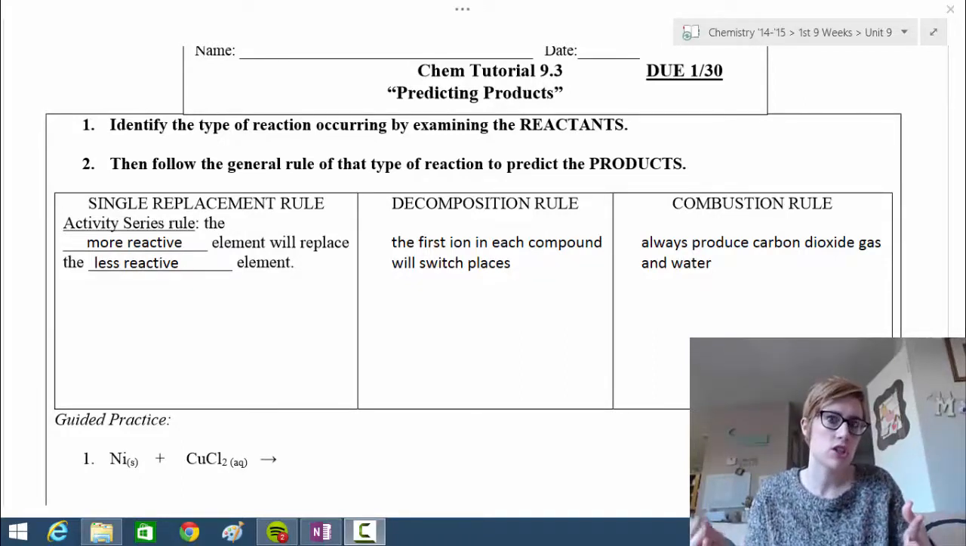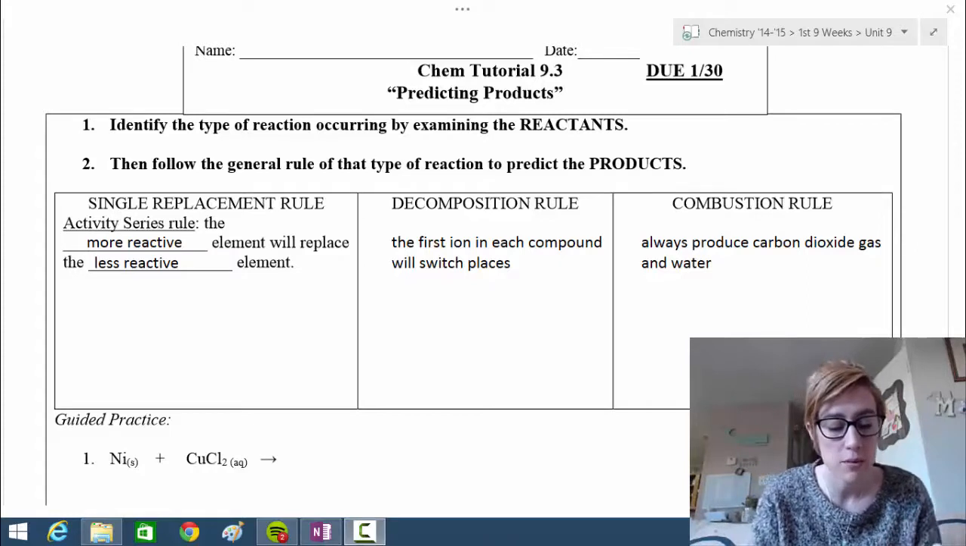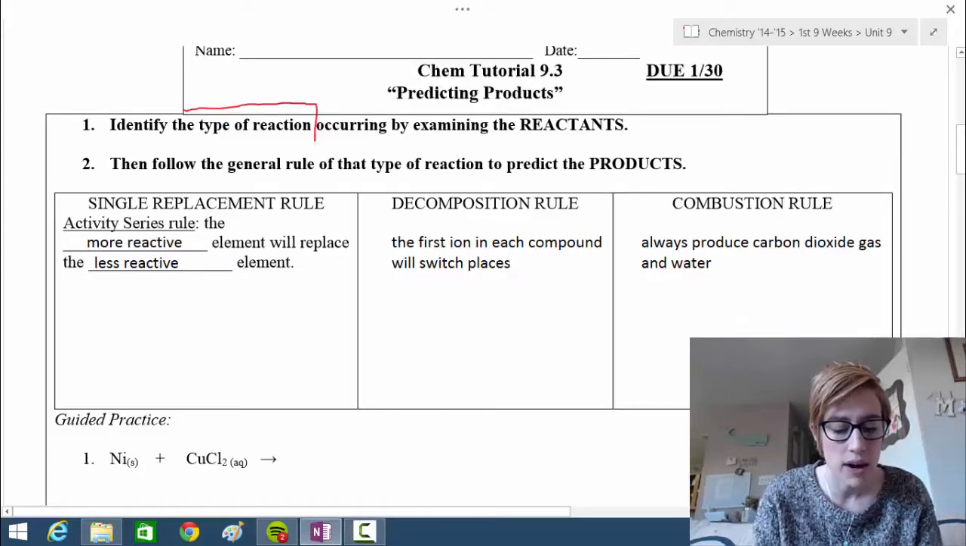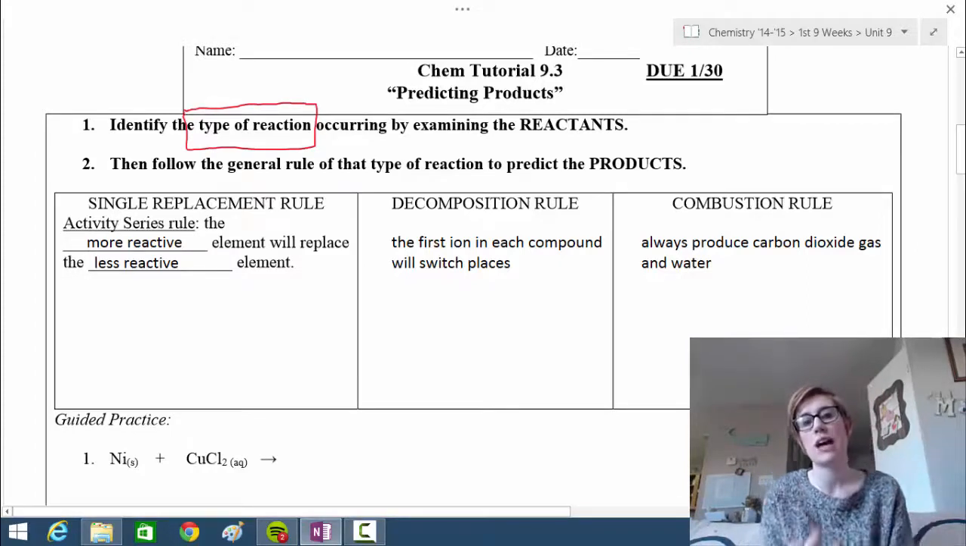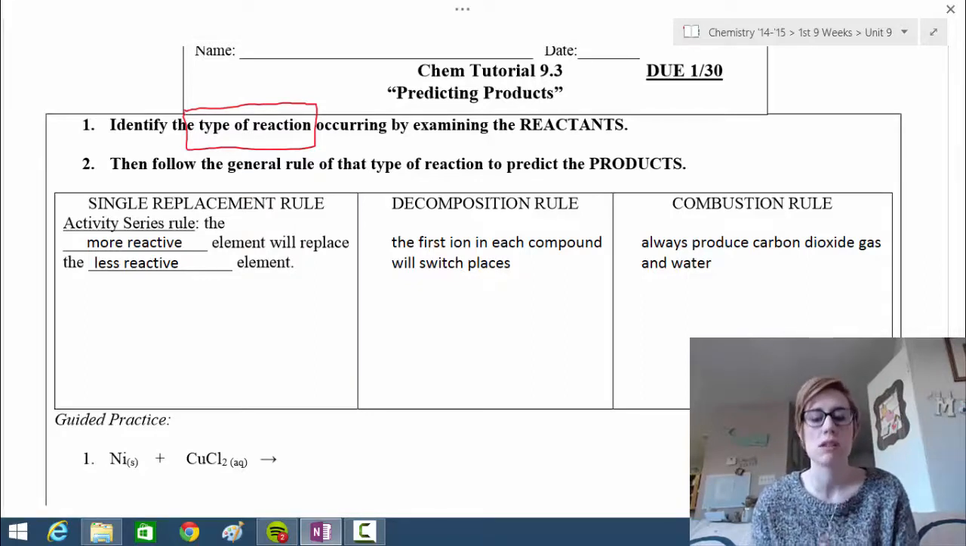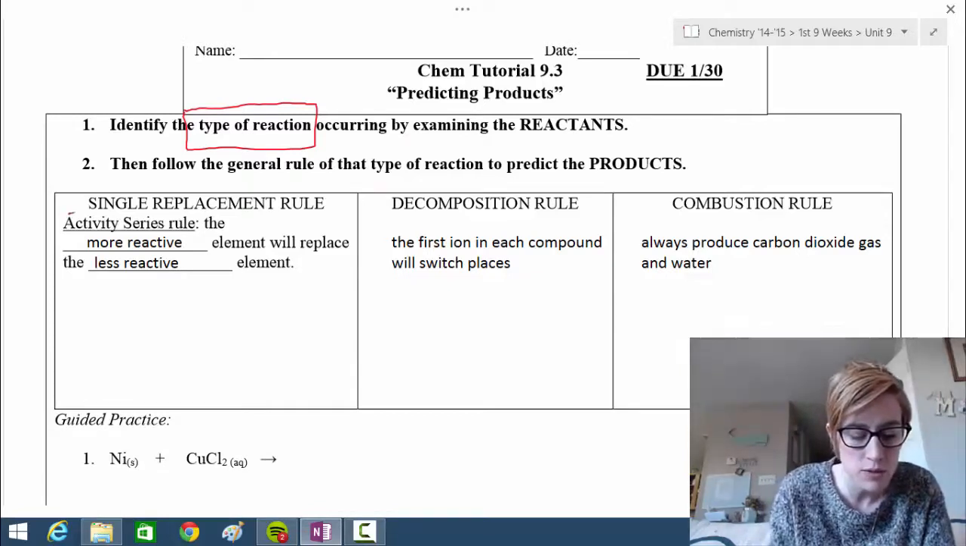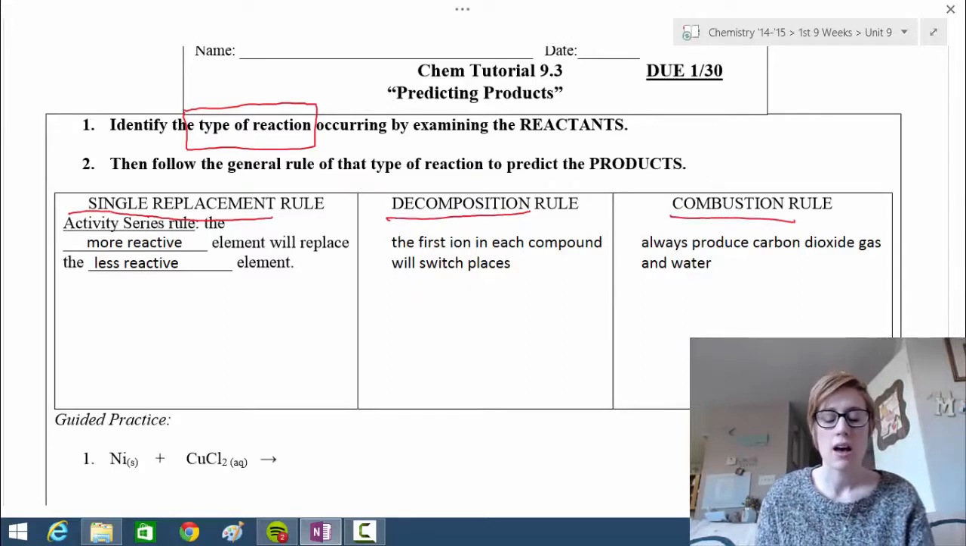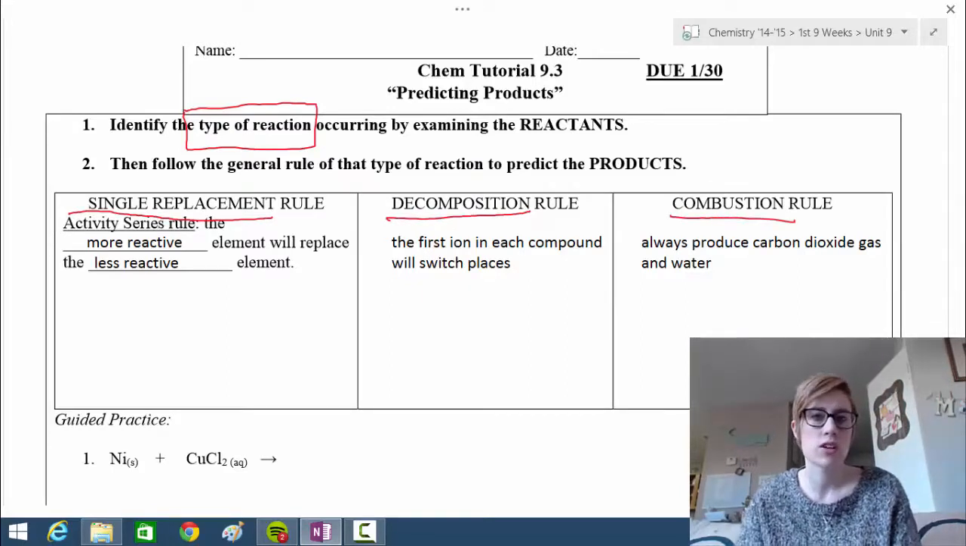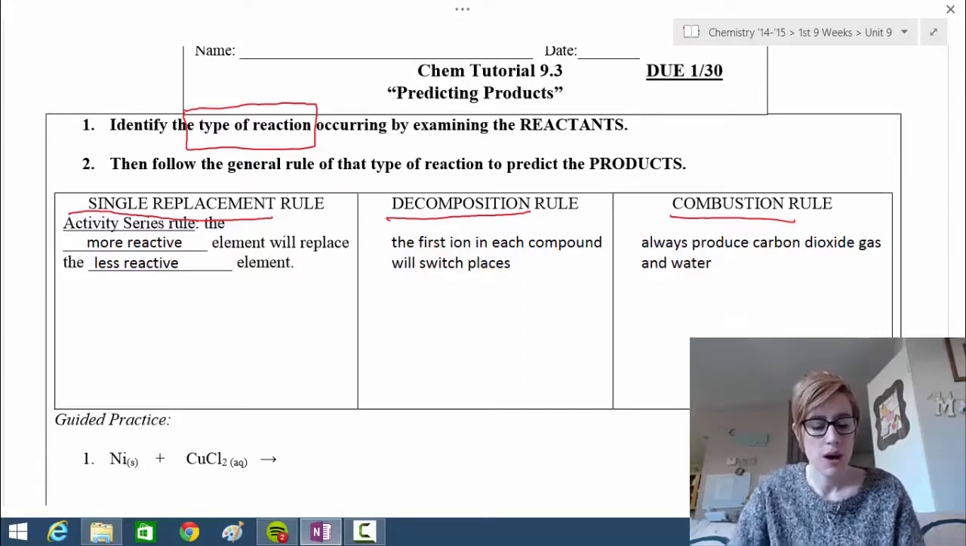So the first thing we do is we need to identify the type of reaction that's occurring. Why is that important? Well, different types of reactions are going to produce different products. So we have to examine the reactants first. So these are the three types of reactions that you will be expected to be able to predict. Notice there are two that are not on here. That's synthesis and decomposition. We won't be predicting those products, but you will predict the products of these three different